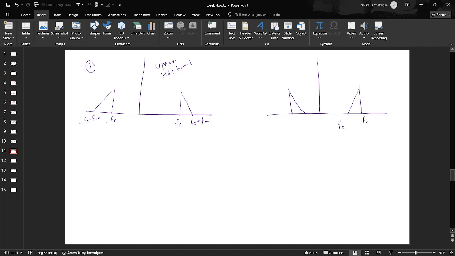FC, FC minus FM, minus FC, minus FC plus FM. This is lower sideband. So either I can transmit this or I can transmit this. See, now unlike double sideband, there is no redundant information. I am only transmitting the half, any one of the half which contains the unique information. So in both these scenarios,